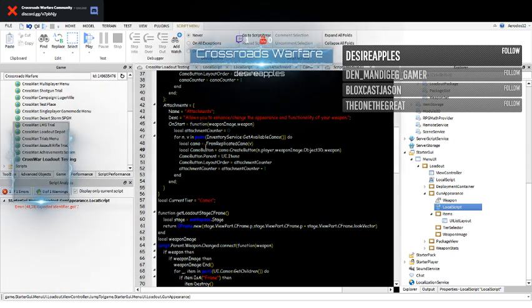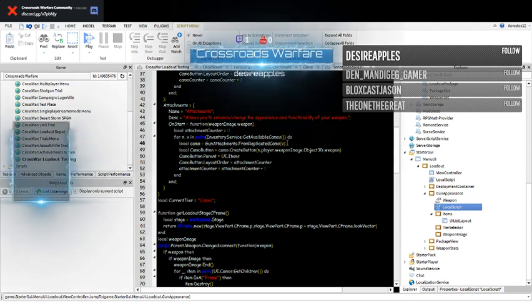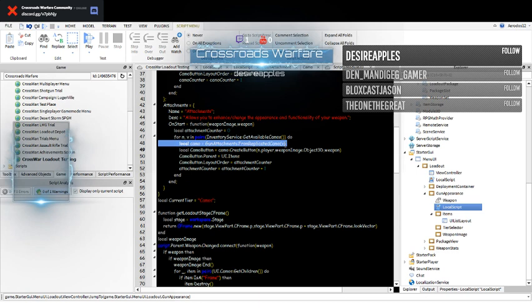And then we're going to do gun attachments, or actually no, you can't really do that, or can you? Because what I'm thinking of doing for now is just making it static, and then I'm going to make it dynamic either in this episode or the next episode of Crossroads Warfare, specifically this series. So then I'm going to do not get available camos, but